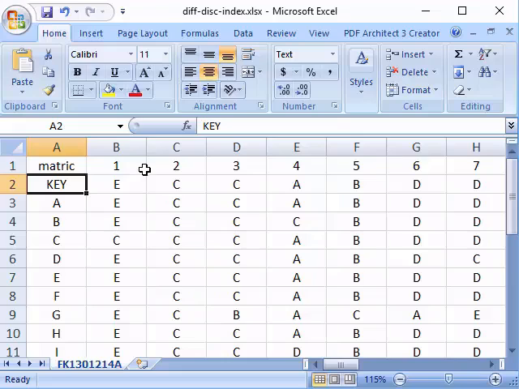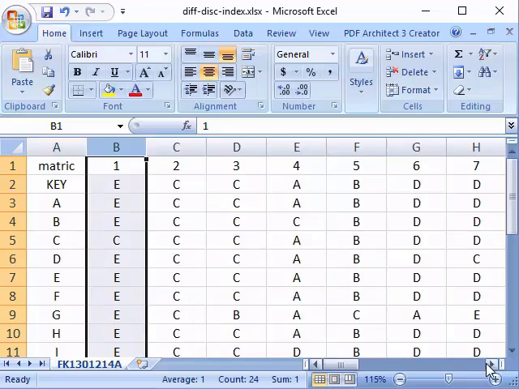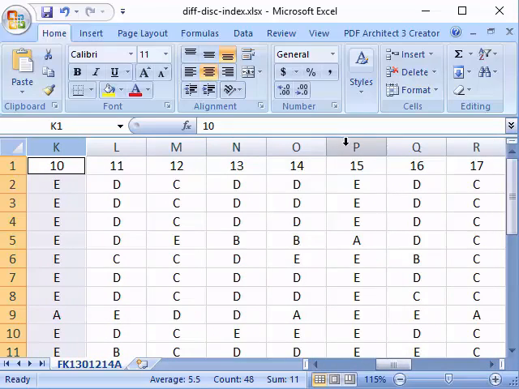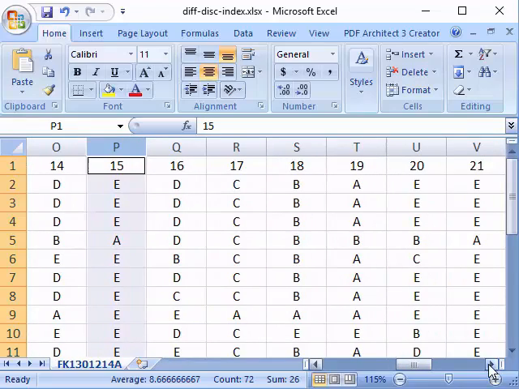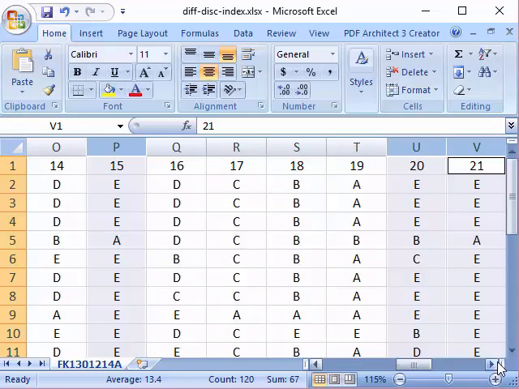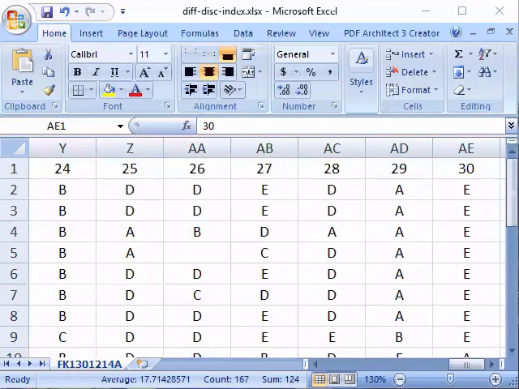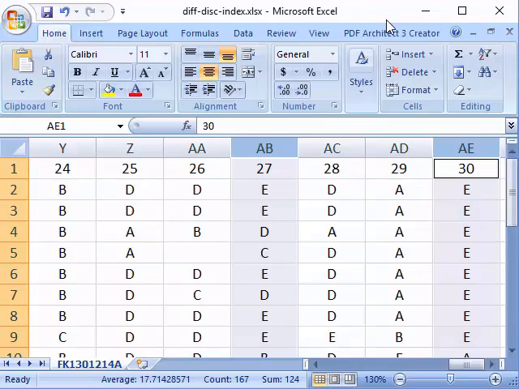We will start with the questions where the key is E. Those are question 1, 10, 15, 20, 21, 27, and 30. So we already selected everything here.